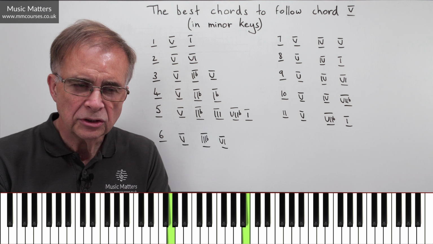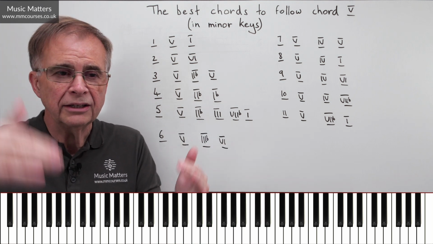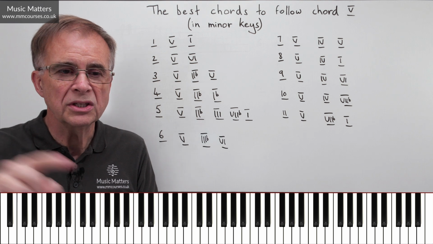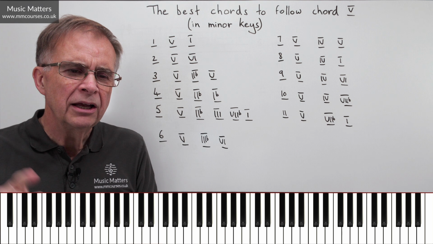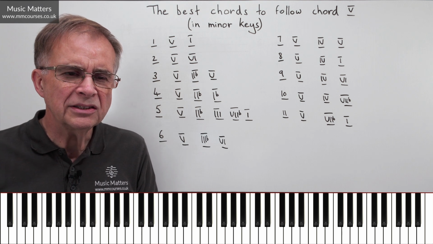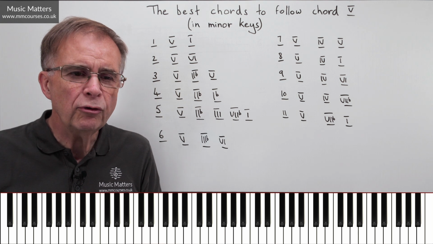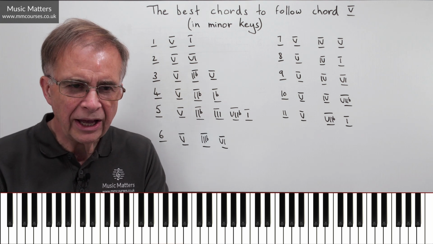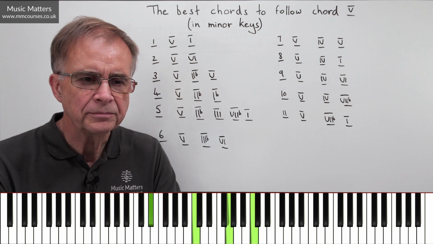Or 5 to 2B to 5 and then on to 6. So you can use options 1 and 2 and tack either of them onto the end of option 3. So 5 followed by 2B is definitely worth considering. Have a think about option 4 for a moment, where I'm going 5 to 2B to 1B.